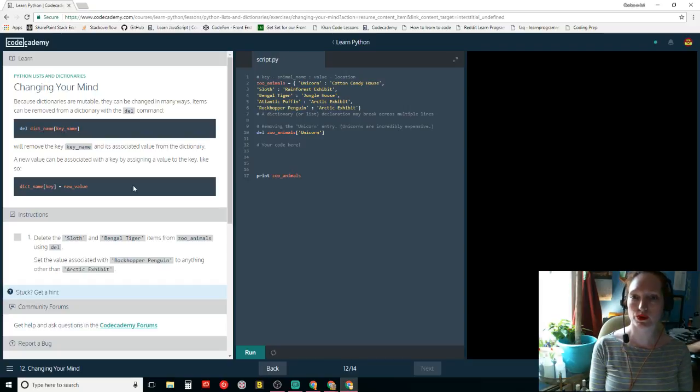Items can be removed with the delete command, okay? It'll remove the key name and associated value. So a new value can be associated with the key by assigning a value to the key. Delete the sloth and Bengal tiger items from zoo animals using delete.